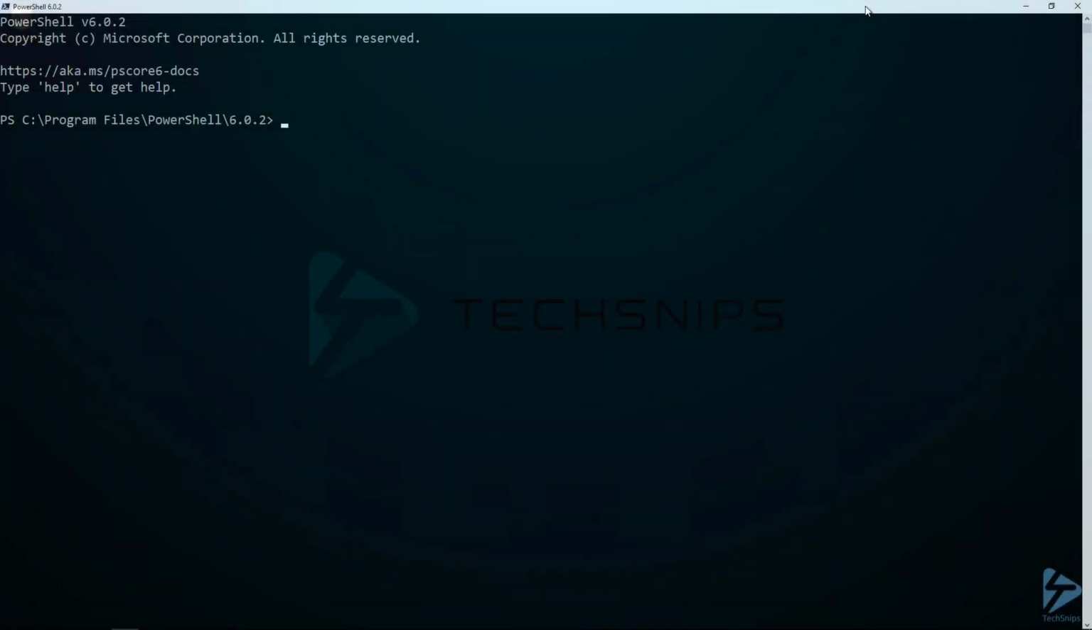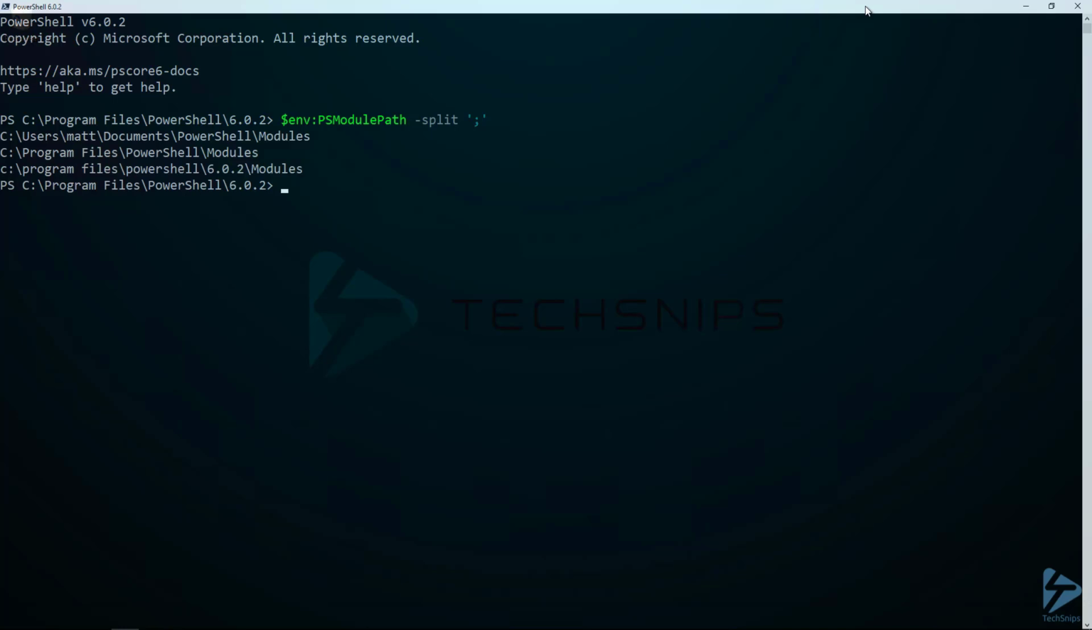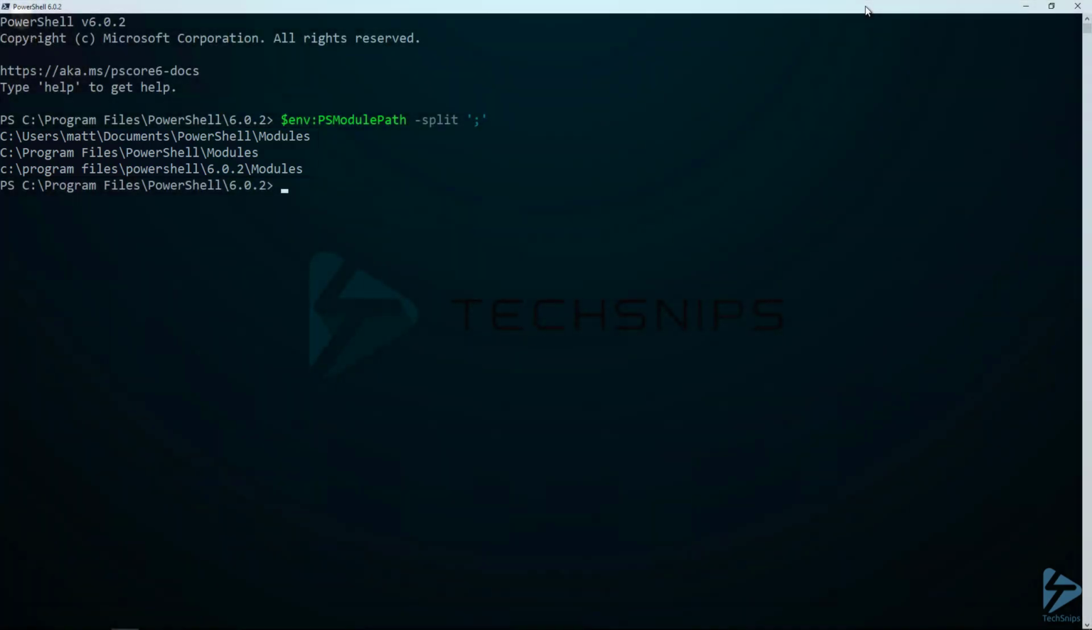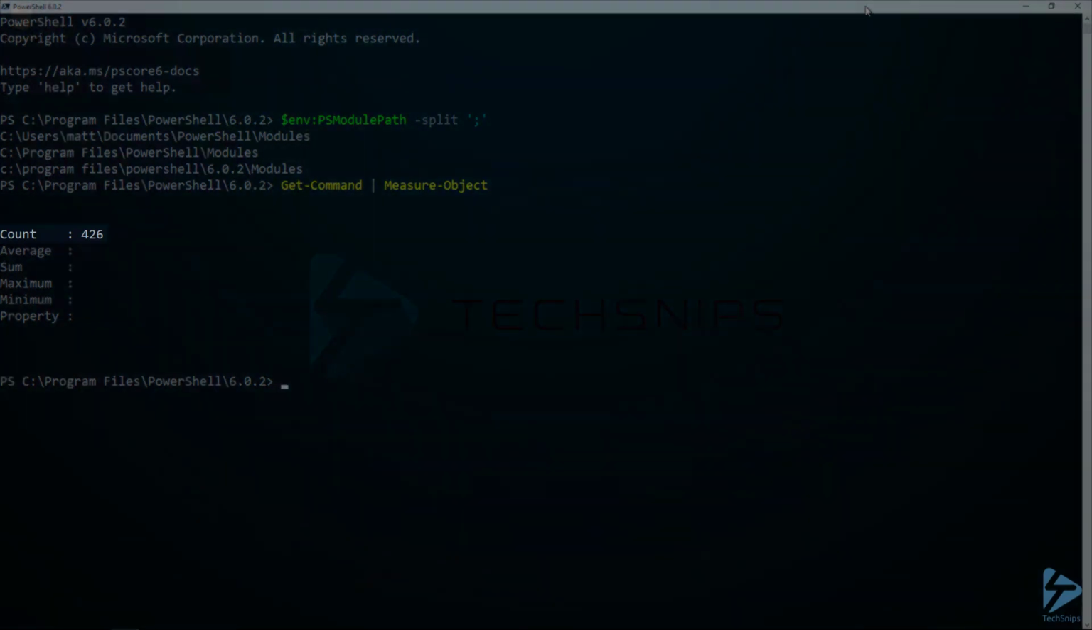In this video, let's go over how to add your PSModulePath in PowerShell Core. By default, PowerShell Core comes with a PSModulePath, which includes your user module path under Documents, Program Files PowerShell module path. Note that these are not the Windows PowerShell module paths. And finally, the module path in Program Files PowerShell, specific to the version of PowerShell that you are running. Now, if we run get command and pipe it to measure object, it will show us that there are 426